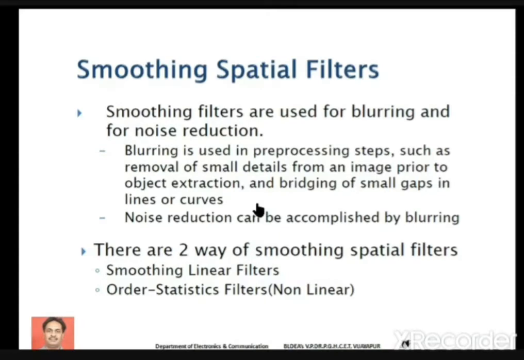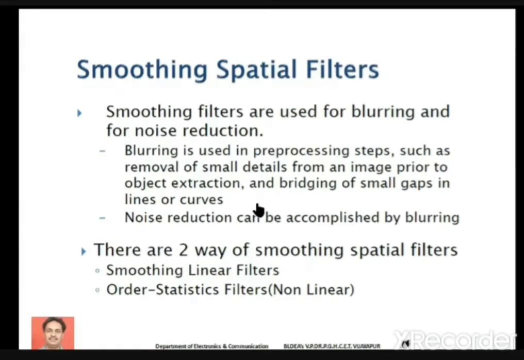Smoothing is the process of blurring the image, and on the other hand, sharpening is mainly used to get the edges of the image. So when you perform any sharpening operation on the image, you are going to highlight the edges of the image. Let us see how these operations are going to help us.